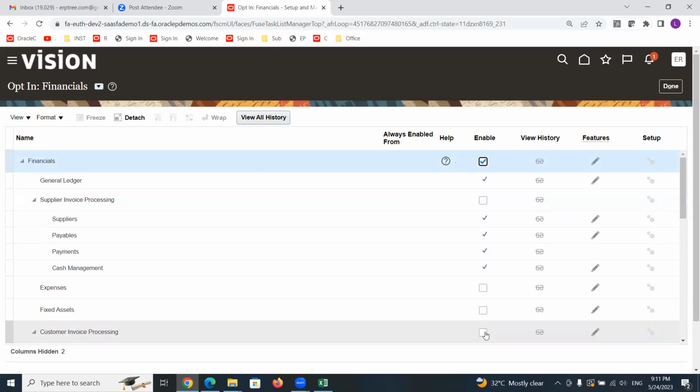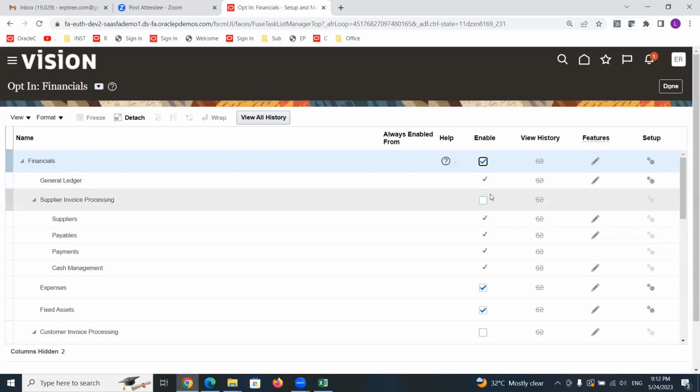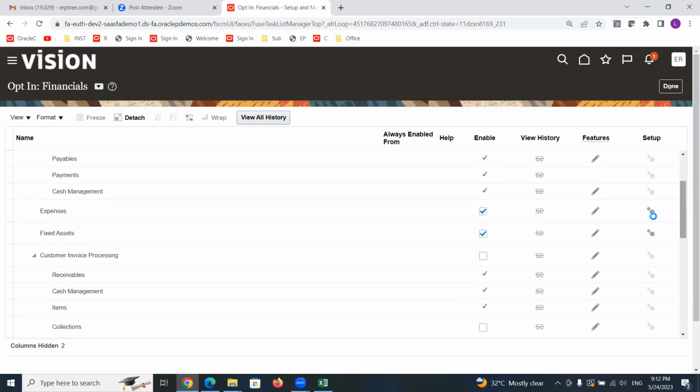You will be implementing as per the license or subscription you have taken for specific applications. If you enable all the options within the financials offering, there won't be any issues. So simply you can enable whatever you see within the financials.